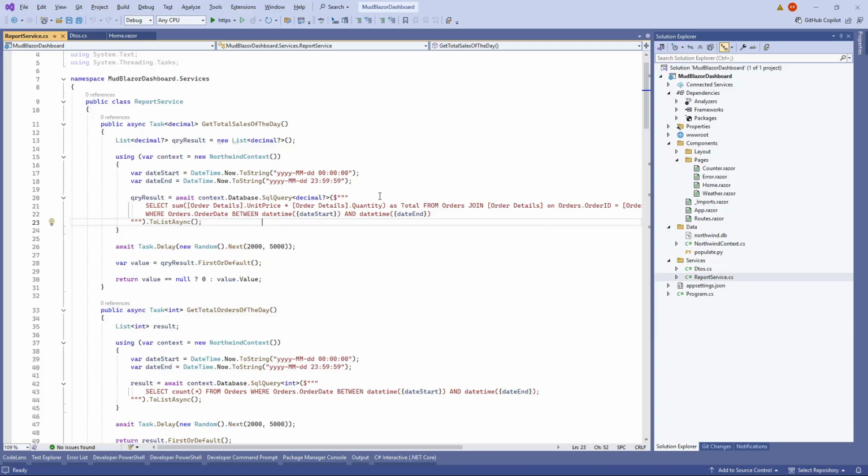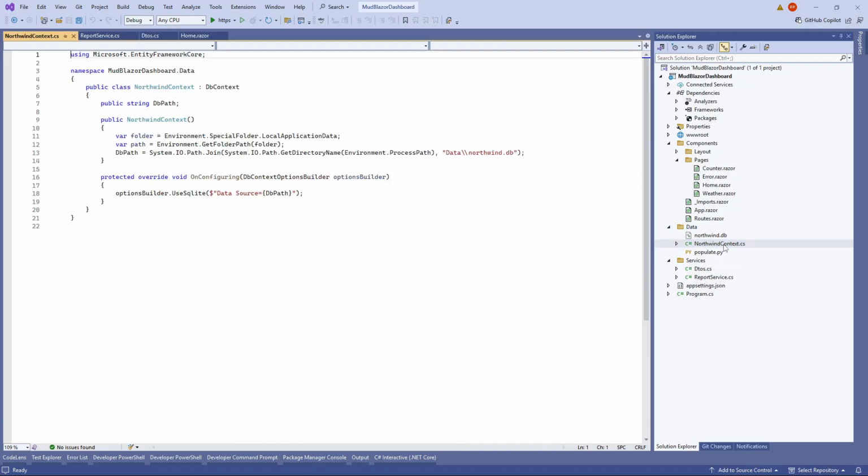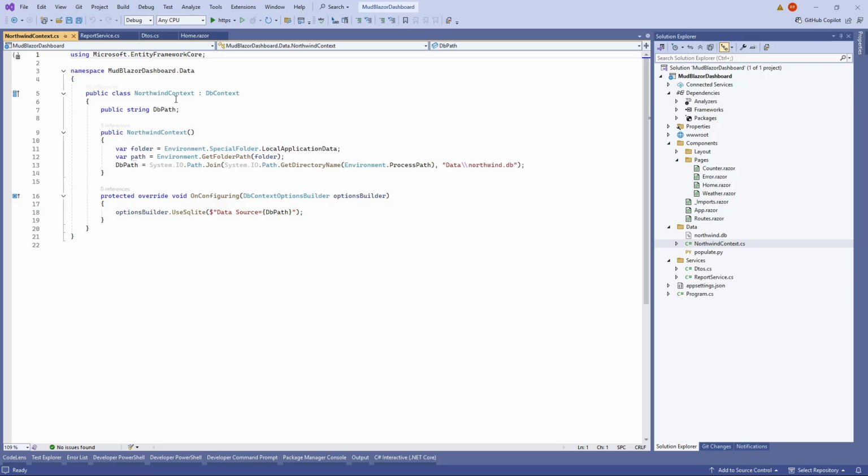So what does that file look like? Here I've added a new class under the data folder. It's named Northwind Context. And in this class, we have inherited from DbContext. DbContext is the parent class that we inherit from, so that we can configure our connection